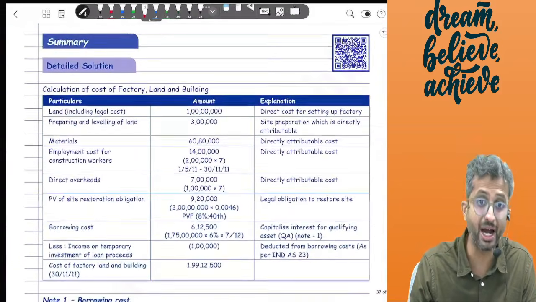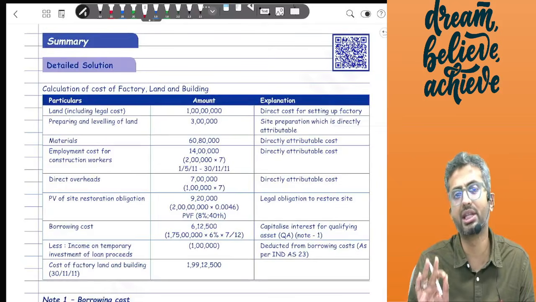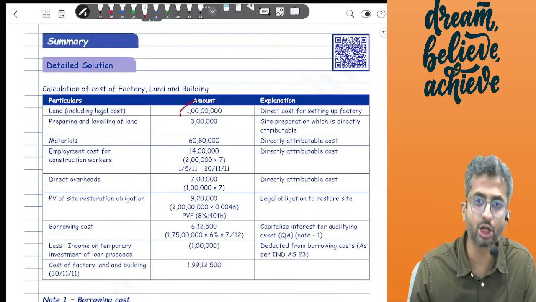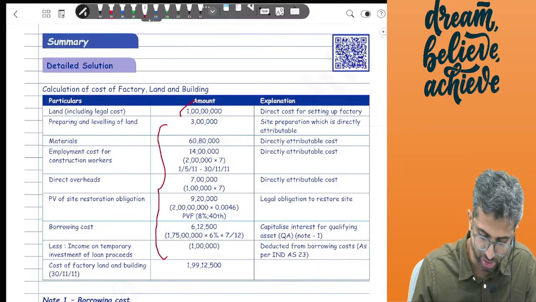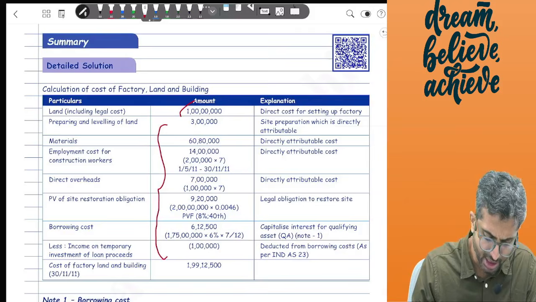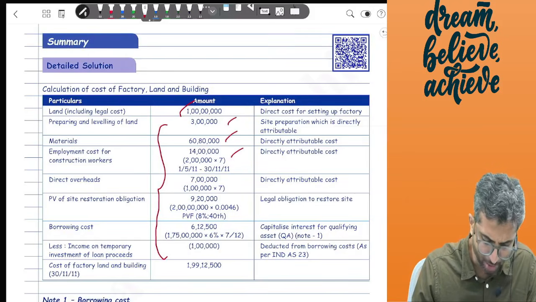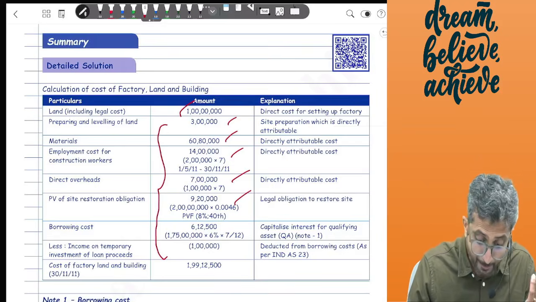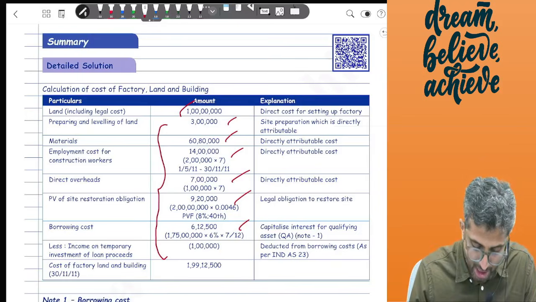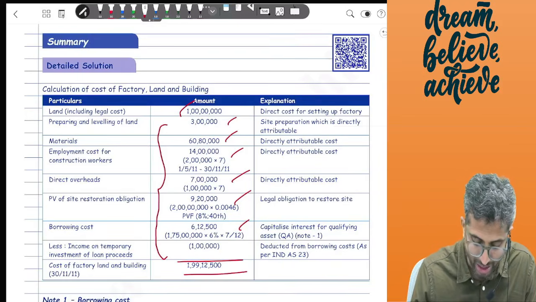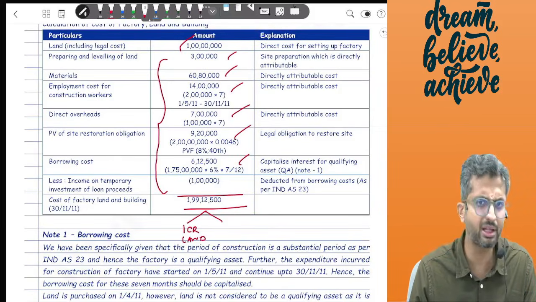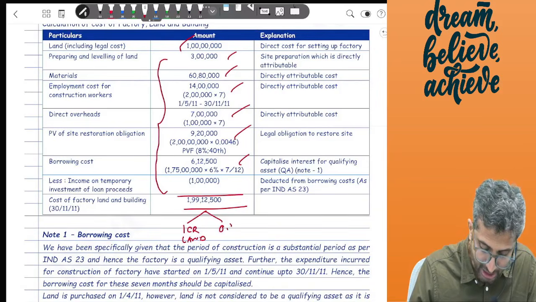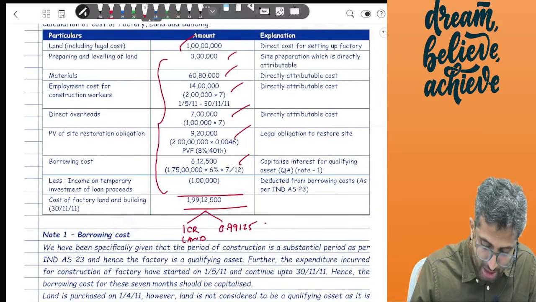So if I were to find the cost of the factory on 30th November, the date it is ready for use, it will include 1 crore for the land. This is purely land, and then everything else is linked to construction, and hence this is for the building element, whether it is leveling, materials, employment cost, direct overheads, site restoration. Restoration is also linked to construction. Borrowing cost is also for construction, and hence when I total this, it is 1 crore 99,12,500, out of which 1 crore is attributable to land where there is no depreciation, and the remaining 99 lakh 12,500 is attributable to